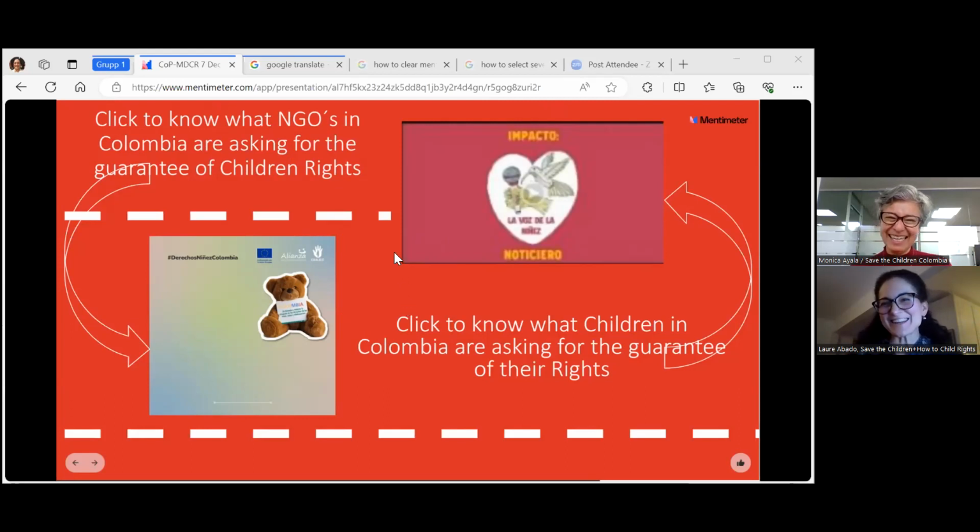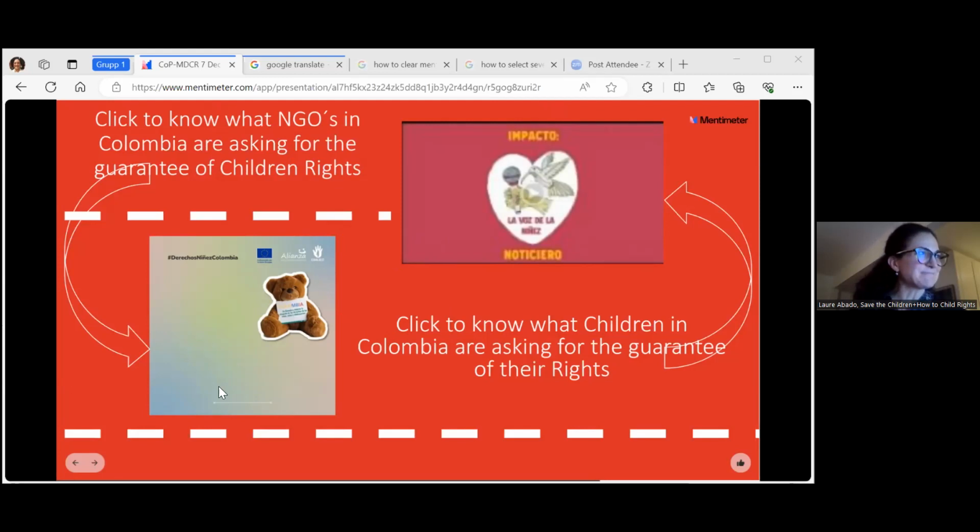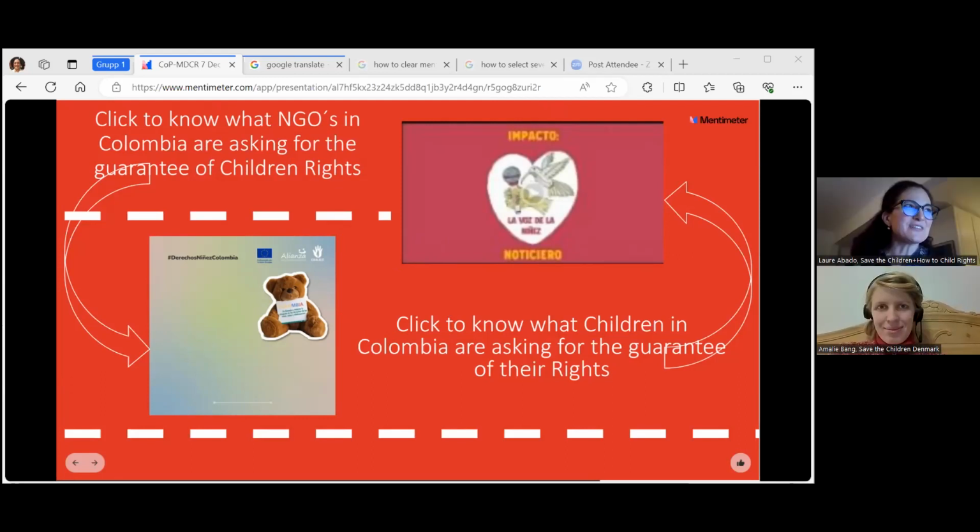I would like to turn now to our last panelist before we open for questions. So Amalie, you represent Save the Children Denmark. You're the senior legal counsel, and you recently started, for the first time, Save the Children Denmark engaging with a coalition of partners in the new procedure of the UN Committee on the Rights of the Child called the Simplified Reporting Procedure. And you're at the early stages of that